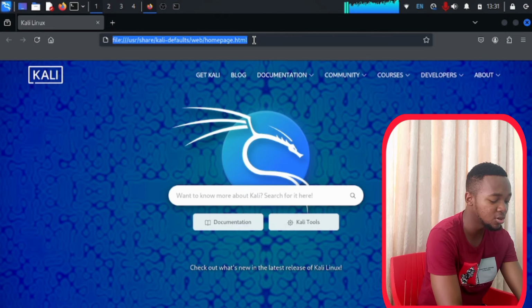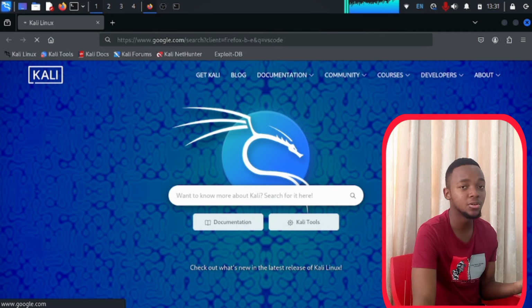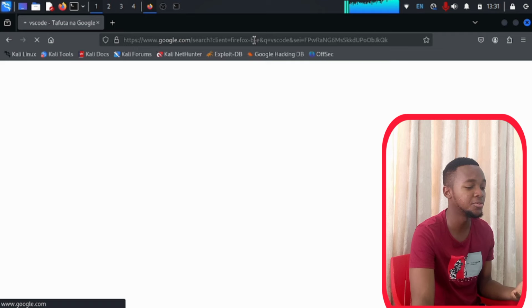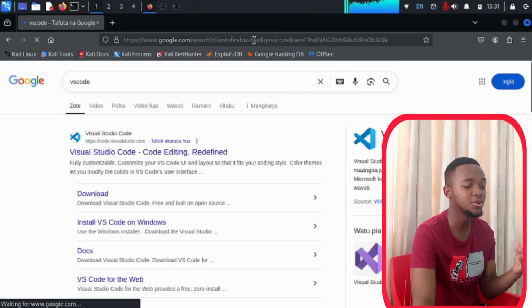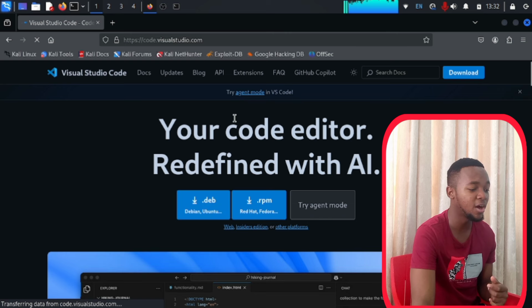Go ahead and type in VS Code. It will open up the VS Code download, their actual website to download VS Code for your machine. So I will show you for those who don't know how to download things. If you know how to download things, you can skip 10 seconds. Don't skip too much, okay, 10 seconds skip. For example, now right here you can go ahead and download